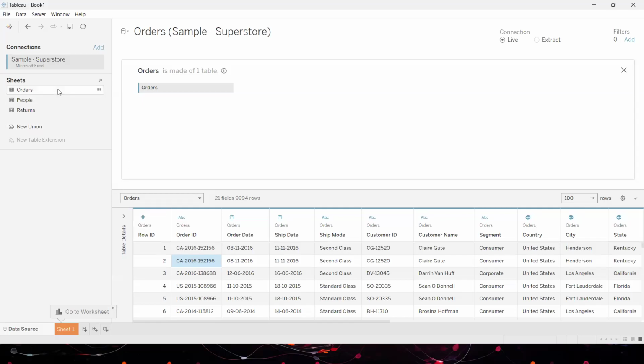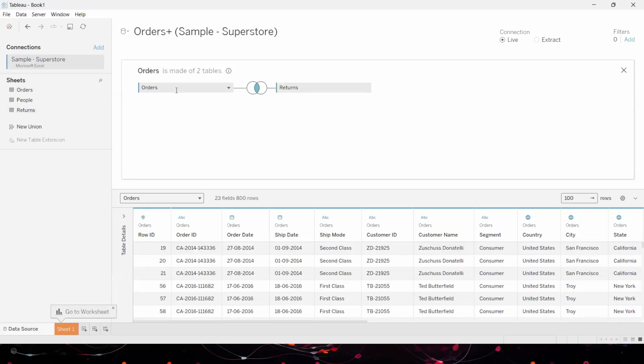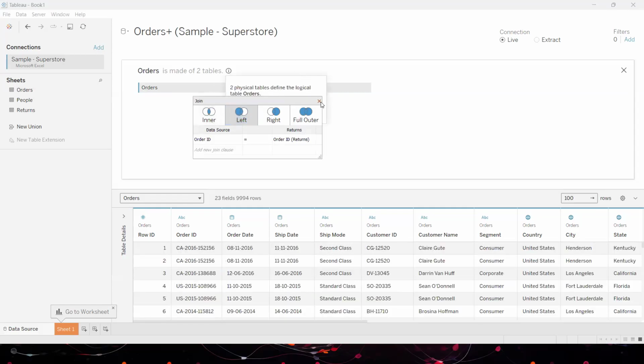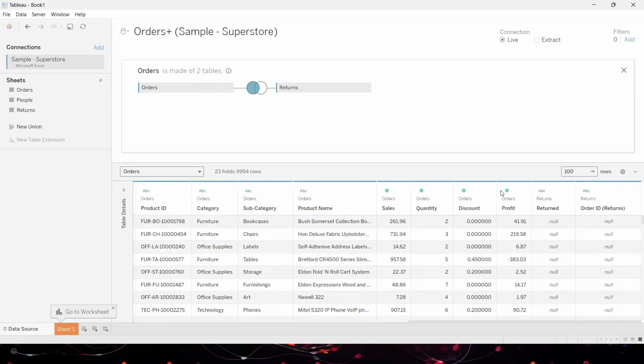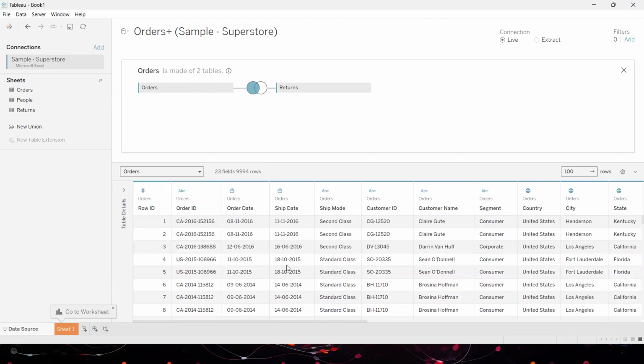So what is happening in Superstore here is, information about the orders that are placed is in the orders table, and information about the orders that are returned by the customers is in the returns table. So we have information about the orders placed and returns. How am I preparing my data? I'm joining the two tables, and I'm using a left join. Again, we'll not get into what joins are. It's just a method of combining data from multiple tables and creating a big virtual table with all the data put together. That much is enough for now.